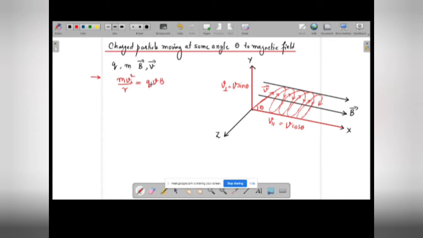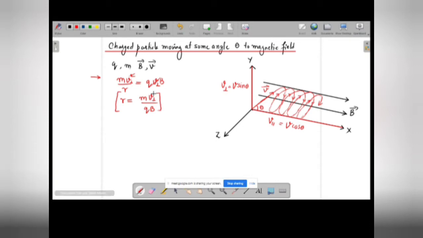So again, what is the magnetic force, in which path is it applied? It is applied in the circular path only. It is pulling the charge towards the center. So again, this component is also going to be the perpendicular component. Okay, so what is going to happen over here? One V perpendicular and another V perpendicular on this side is going to get cancelled. So what is going to be your formula for the radius of the circular path? The radius of the circular path will be m into V perpendicular divided by Q into B. This is going to be the expression for the radius of the circular path.